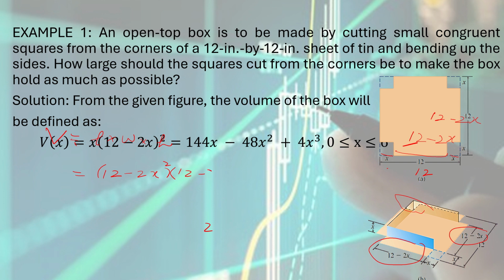So that is 12 minus 2x multiplied by 12 minus 2x. We just will get rid of this x square, and then multiply by the height, where height is what? That is x. So altogether we are having what? We are having a function like this: x into (12 minus 2x) whole square, which could be simplified